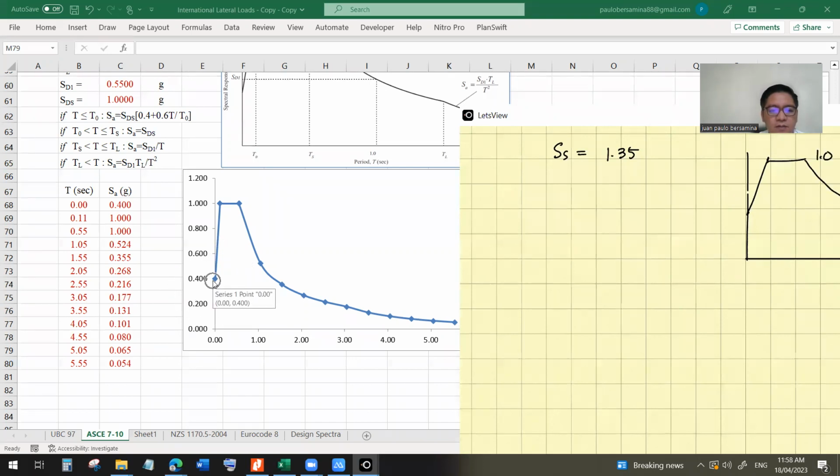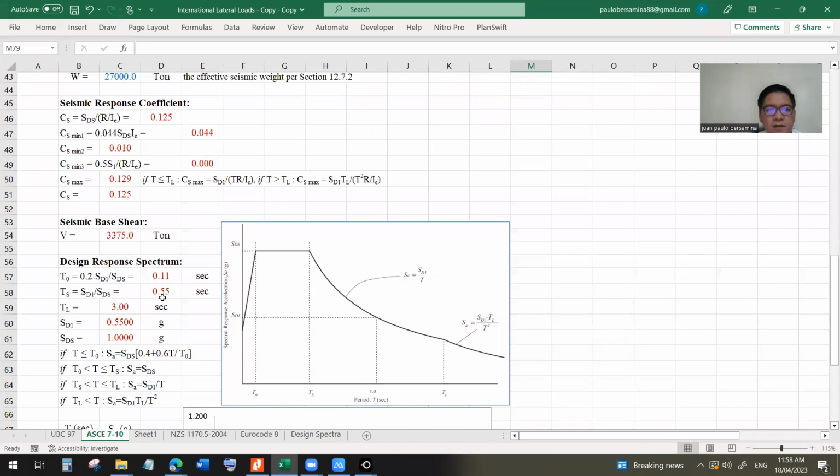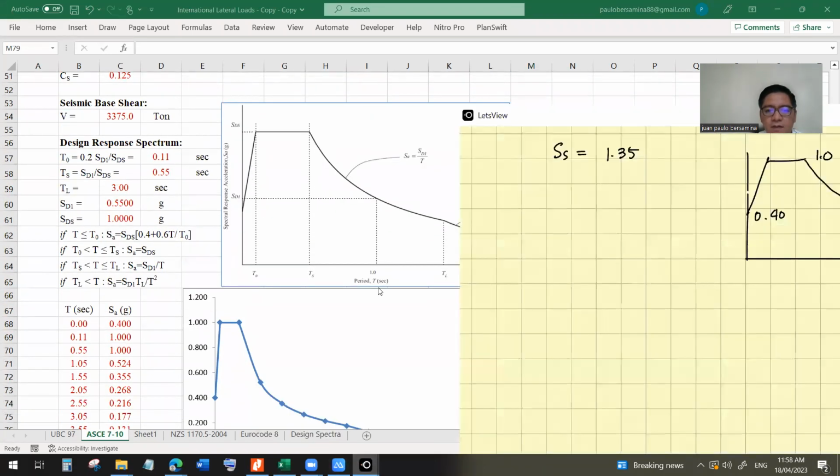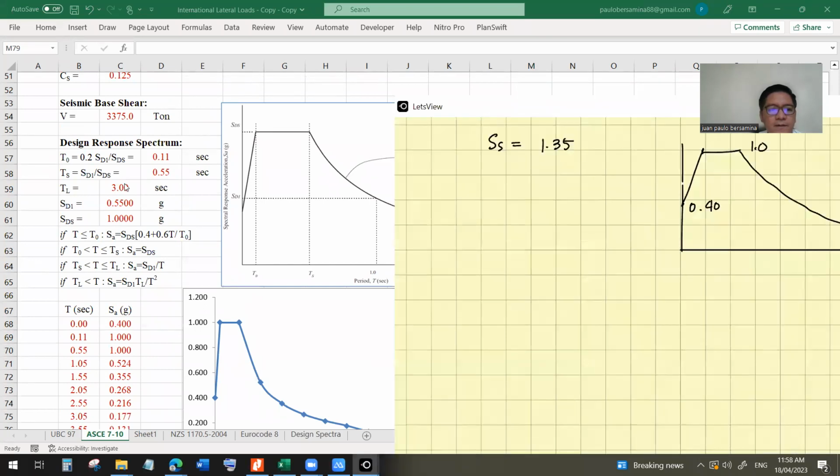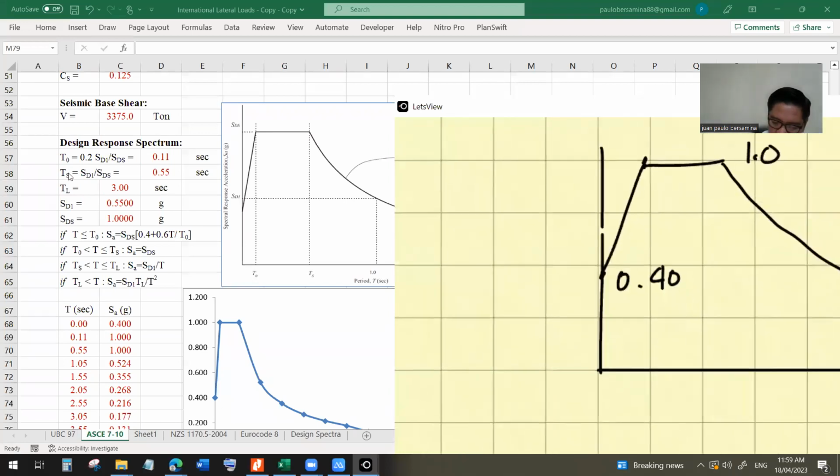Ito ay 0.4. Okay. So kung T sub naught, then T sub naught,